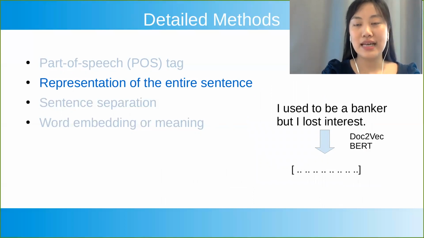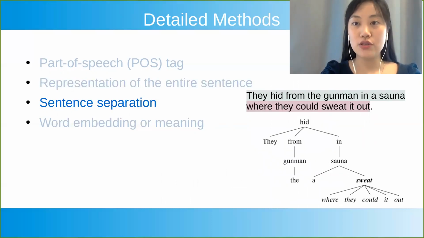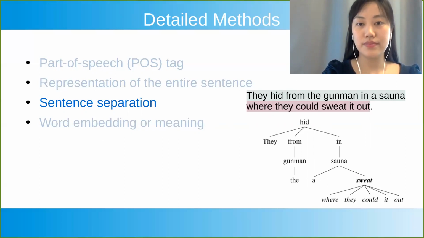Second is to represent the entire sentence. To do this, we used Word2Vec and BERT models as the contextual background for disambiguation. The third one is also at the sentence level, but we treated the sentence as two parts. Some researchers believe, and this is also our hypothesis, that the pun word often locates in the later half of the sentence. Here is how we did it.